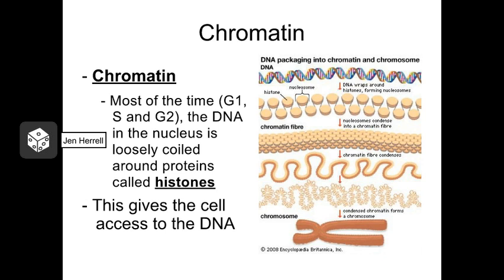Storing DNA as chromatin also helps the cell physically fit all the DNA inside the nucleus. Think about this. Even though DNA is super thin, there's 6 feet of it in every single cell. So how do you fit 6 feet of something inside a nucleus that's far too small for the eye to see? Well, you wrap it up really, really tightly, and that's what happens with chromatin.